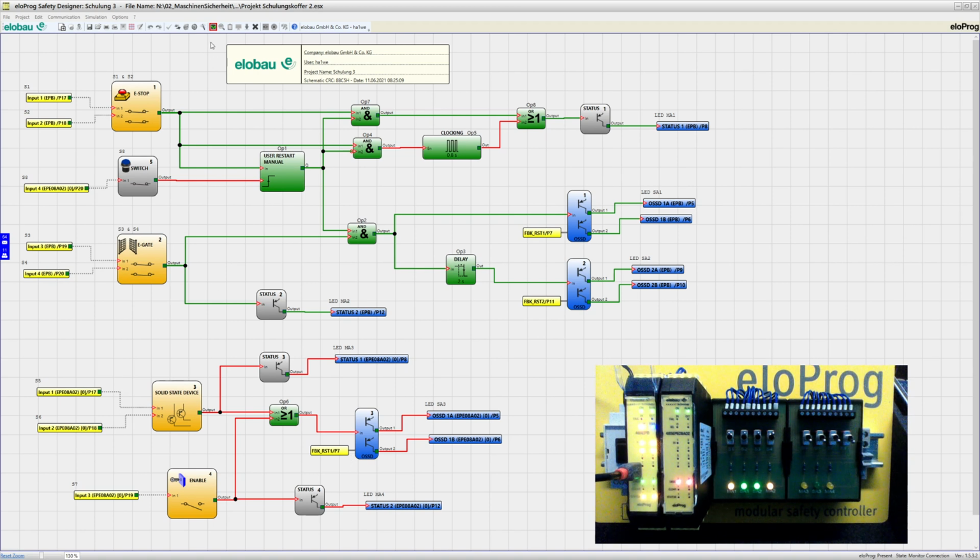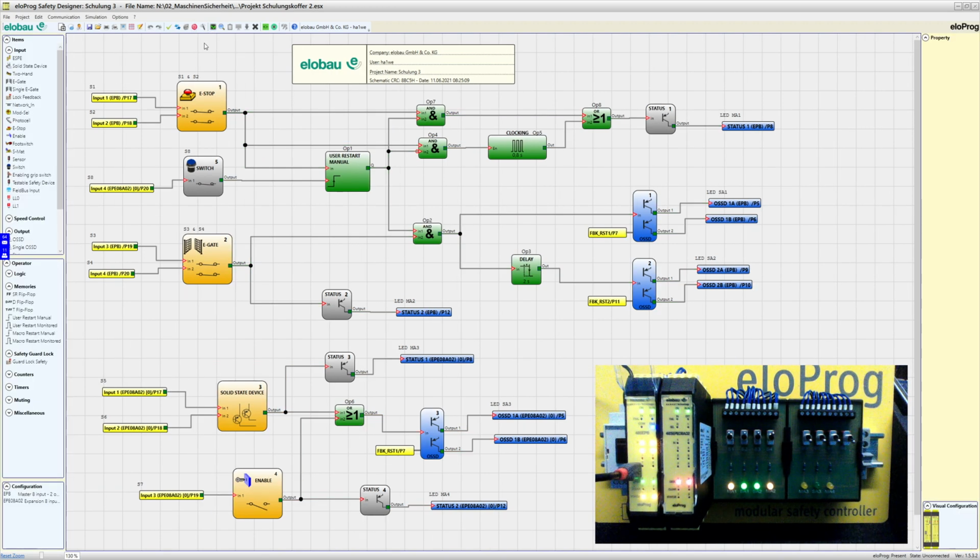Okay, this is one possibility to have information about your system. I will show you a second one. Therefore, I have to stop this monitoring function, and I can even have a restart, a reset of the base module and disconnect from the module. And what I can show you now is the simulation function. Here we have the schematic simulation. That's this green button here. If you click on it,